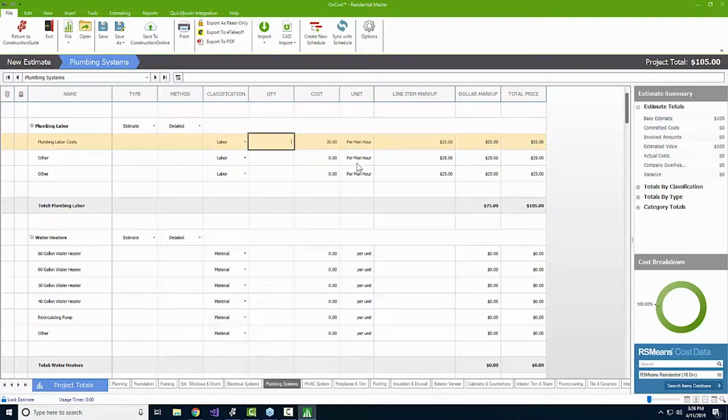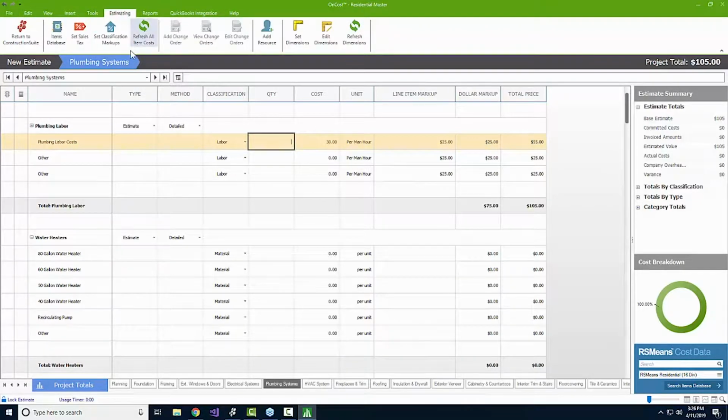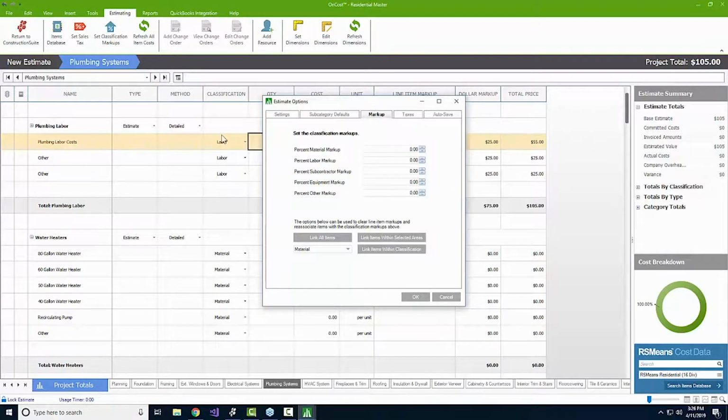for things like his uniform, or we're paying for the gas in his truck. Maybe he's got a cell phone. We have to cover workman's comp and liability insurance. These are all critical things, and within the estimate, you can set that as a line item markup. But more importantly, you can make this a global setting. You can come back up to the estimating tab and make it apply to everything that we mark as